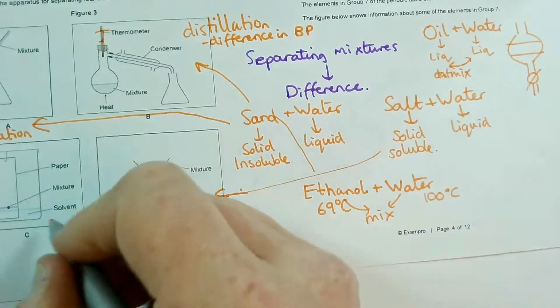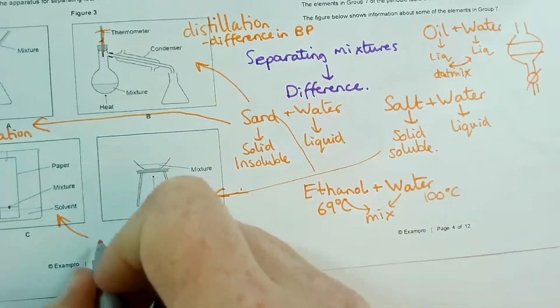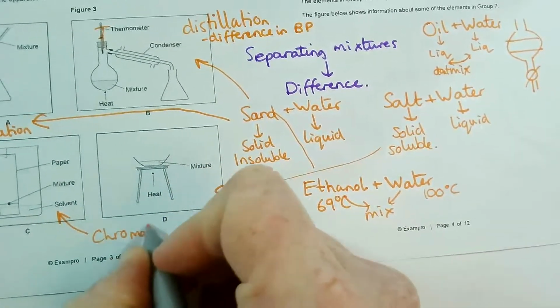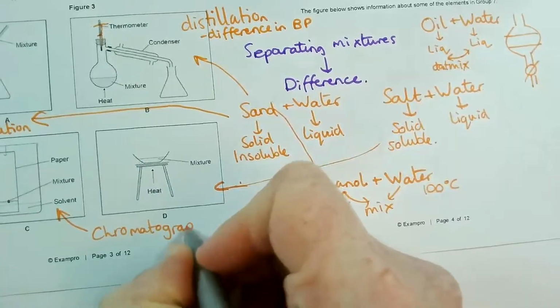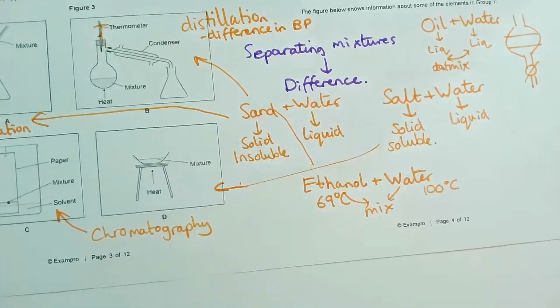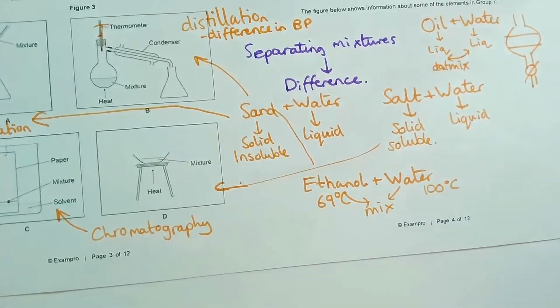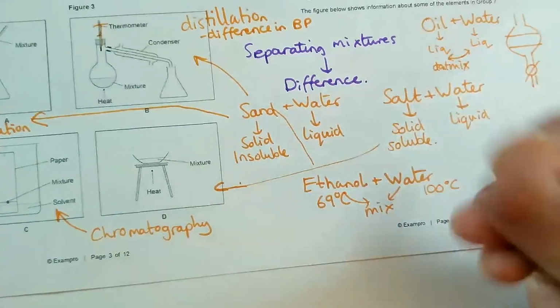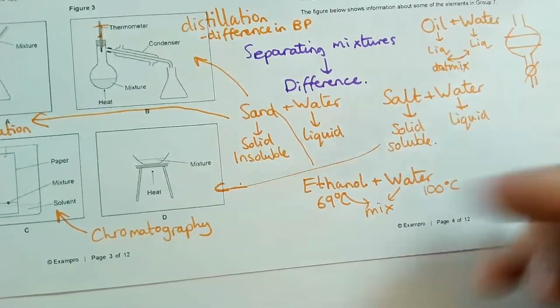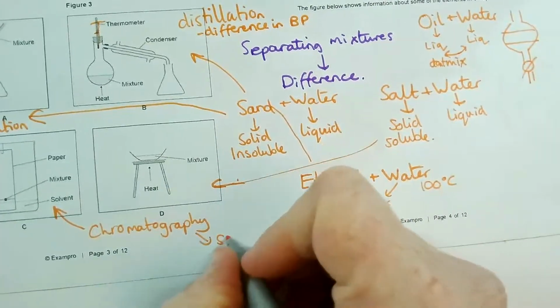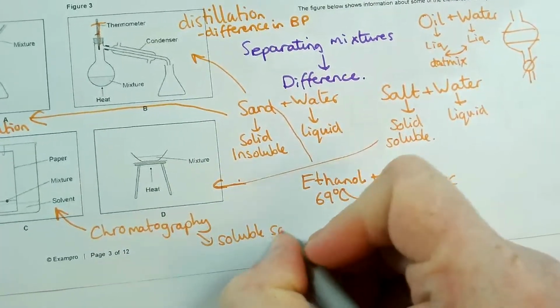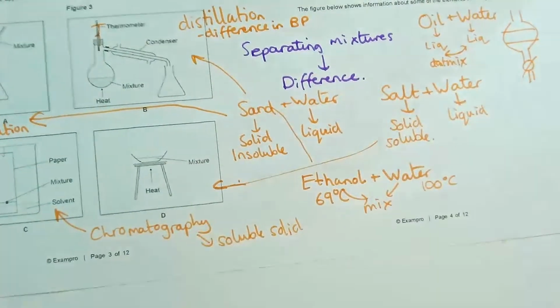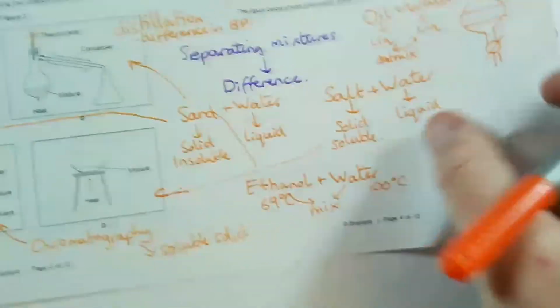Cool. And then our last technique is chromatography. Chromatography is if I want to separate a couple of solids. The classic thing is again done more in paper 2, so the only thing you need it for in this paper is just knowing that it's a separation technique. But let's say I've got more than one soluble solid. Well, chromatography is a way of separating them.